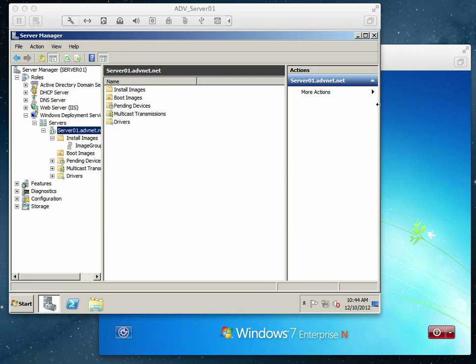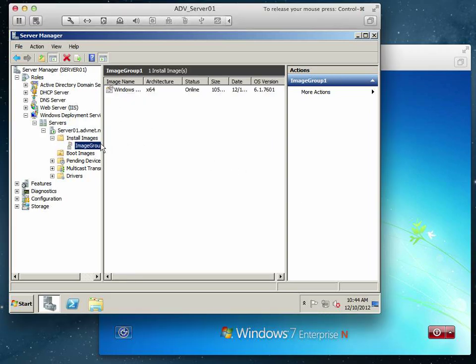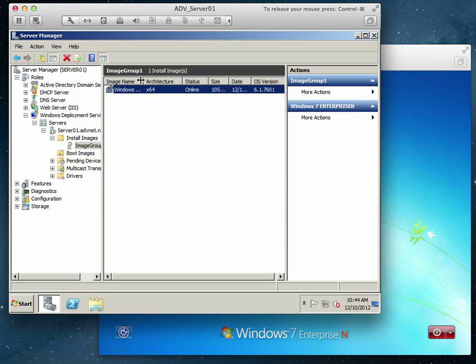So now what we're going to do is configure our boot image and our server so we can capture the image from our Windows Server workstation. And if you take a look under Install Images, we see our Install Group 1. This is our install image, which is all of the configuration for Windows 7 Enterprise to be installed on a blank computer from scratch. And if you take a look at our boot image, here's our boot image, and it's